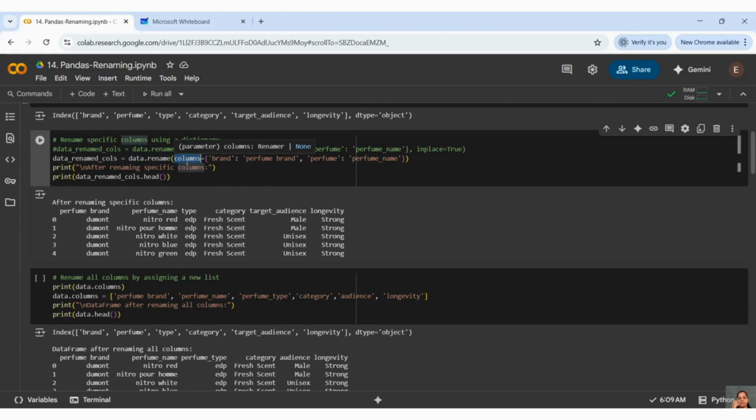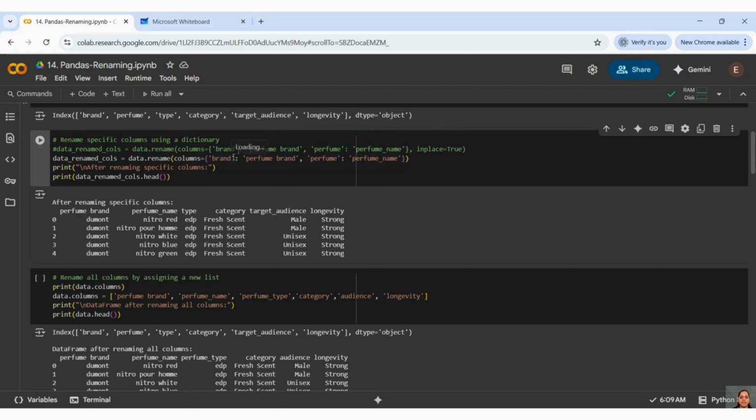Inside that method there is a property called columns, and you can use it like this. Just think about it: you want to rename something. The first thing that comes to your mind is, first I have to take the old name, then I have to use the new name, right?